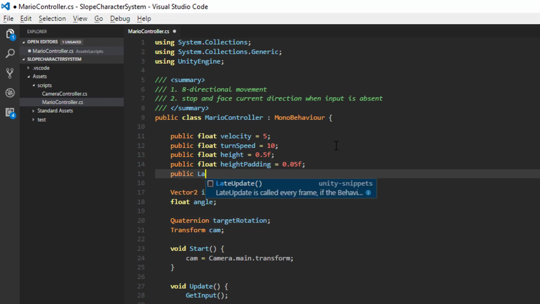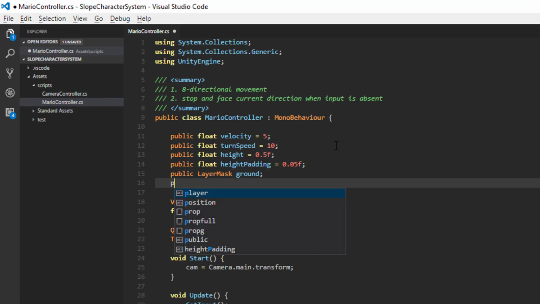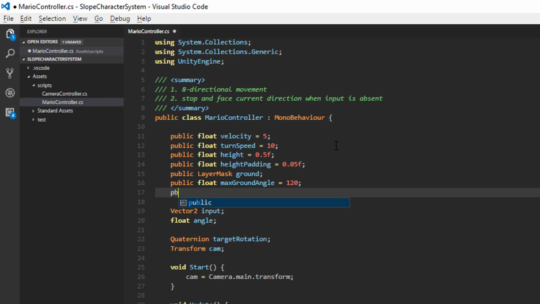We'll also want a layer mask so we know what ground is, so we know what to check for when we're asking if we're grounded or not. We'll have a public float for max ground angle. This will be the value of the maximum angle of ground that we're allowed to walk up. So we can initialize this to probably something like 120. We'll also have a public bool